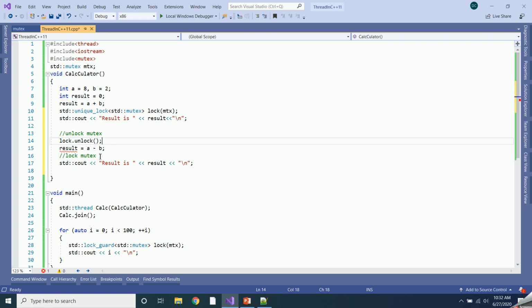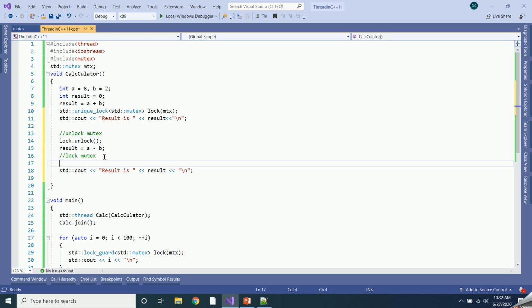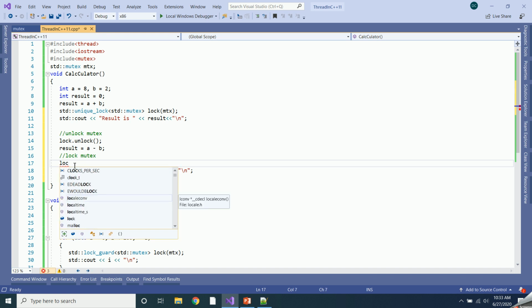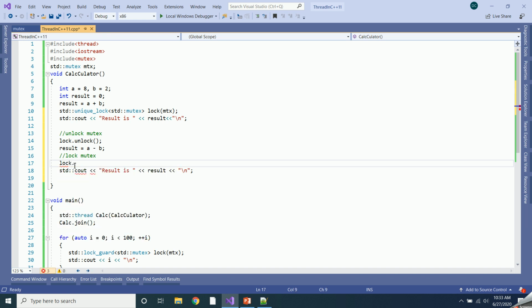Then I'll perform some operation, and then again when I want to use this shared resource, I'll lock the mutex. So like this, with the help of unique lock, you can acquire or release the lock as many times as you want. Okay, so this is one use case of unique lock.